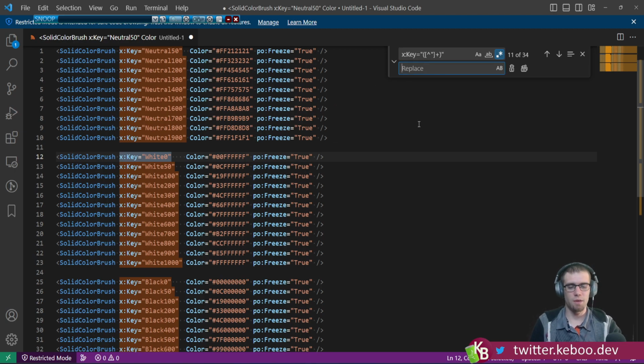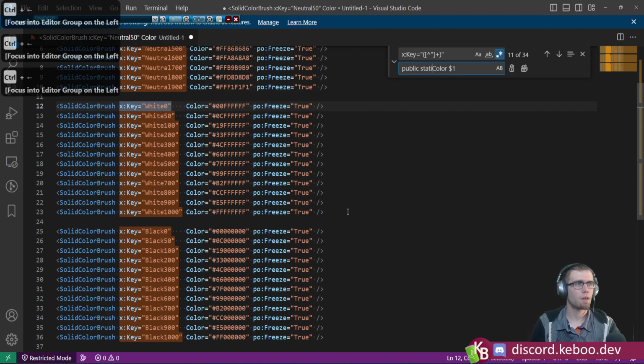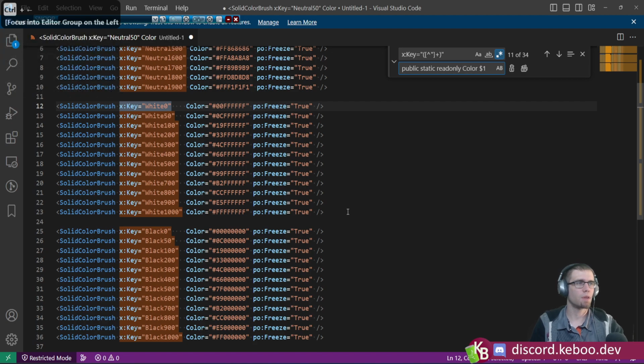We ultimately want this to turn into public color, and I think all of these are valid names, so we'll just do $1, public static readonly Color gets,